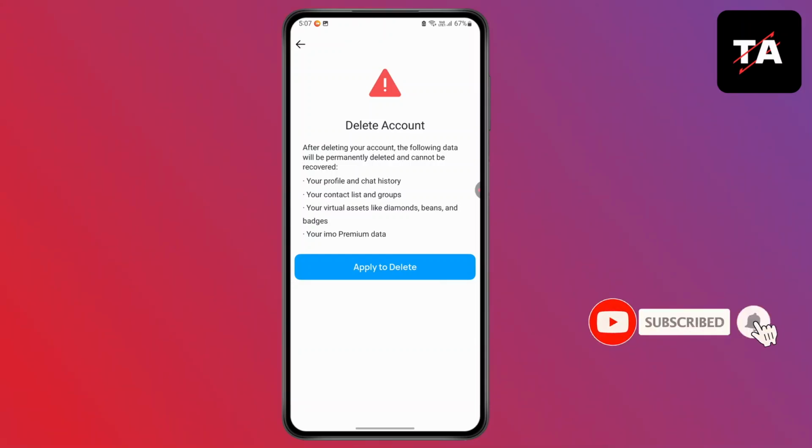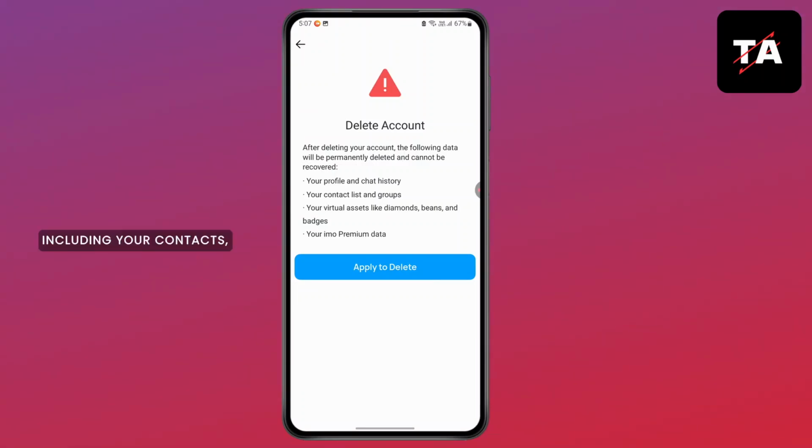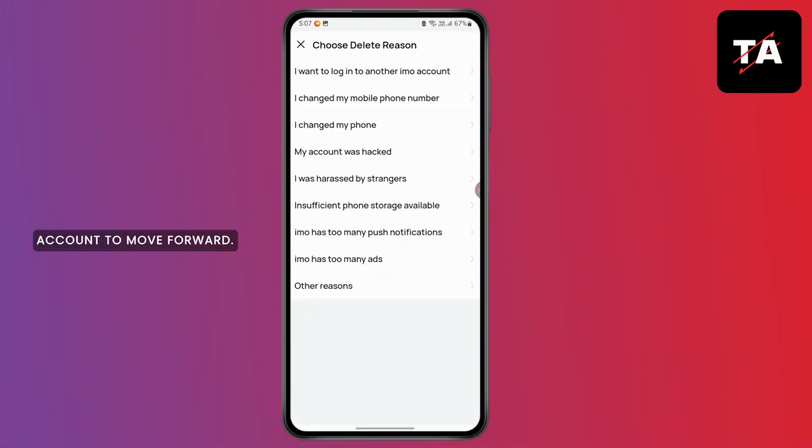Let me show you. From there, IMO will show you a warning, letting you know that deleting your account will permanently remove all your data, including your contacts, messages, and chat history. At this stage, if you're sure you want to proceed, tap on Continue or Delete Account to move forward, and